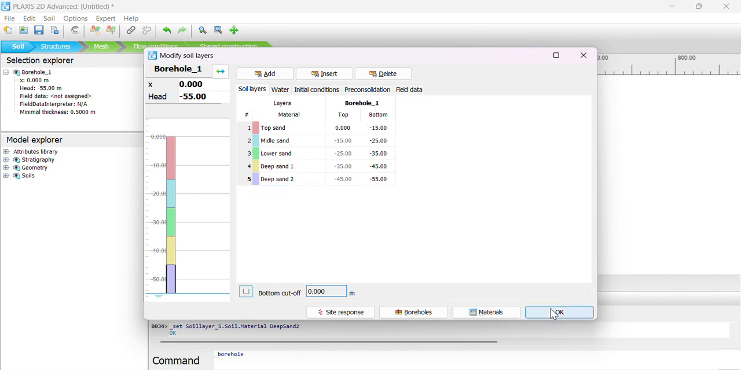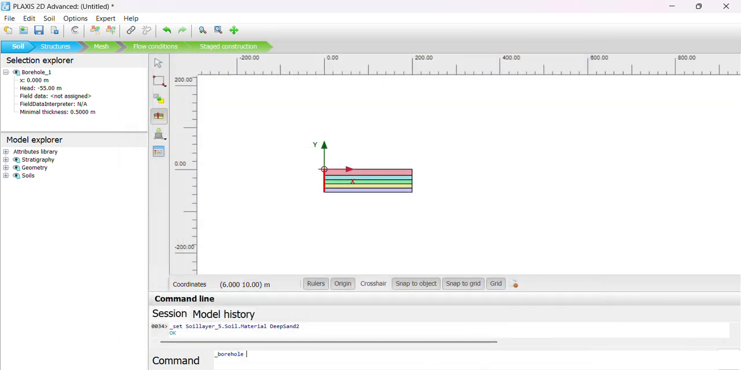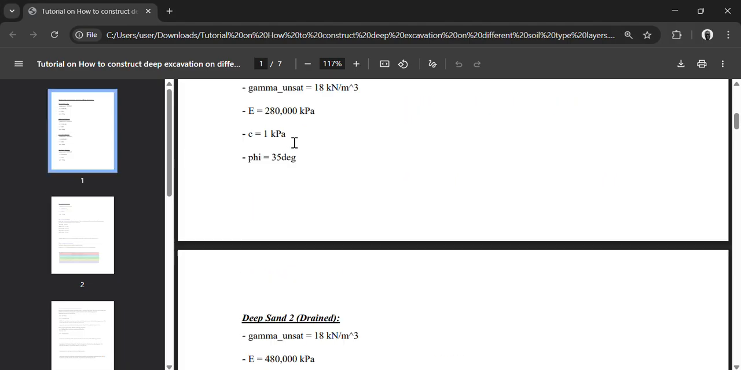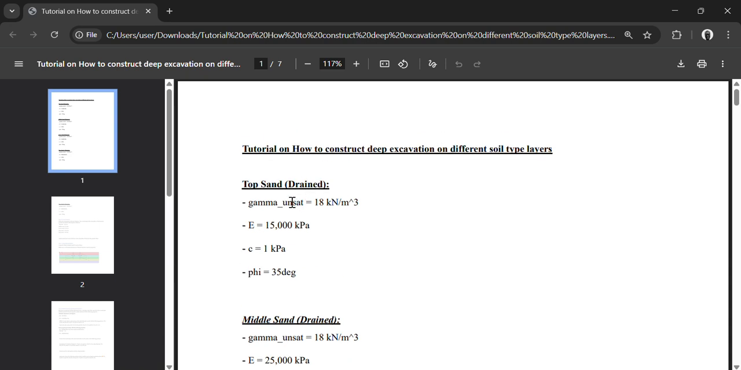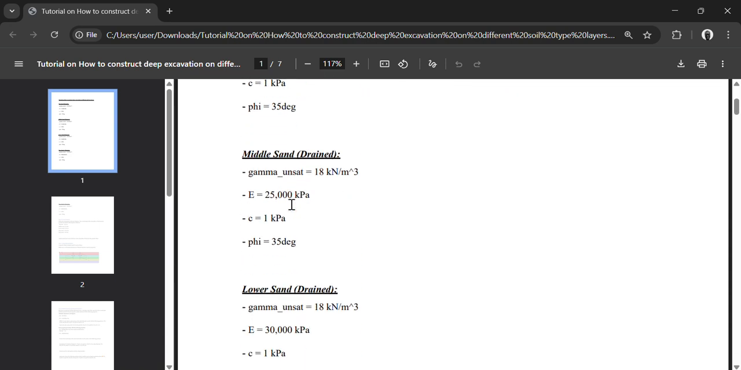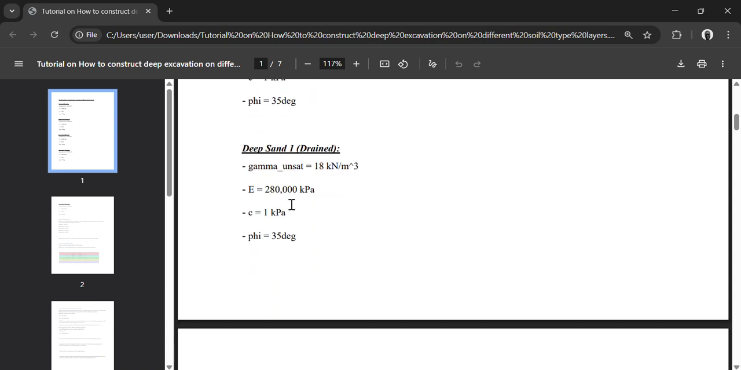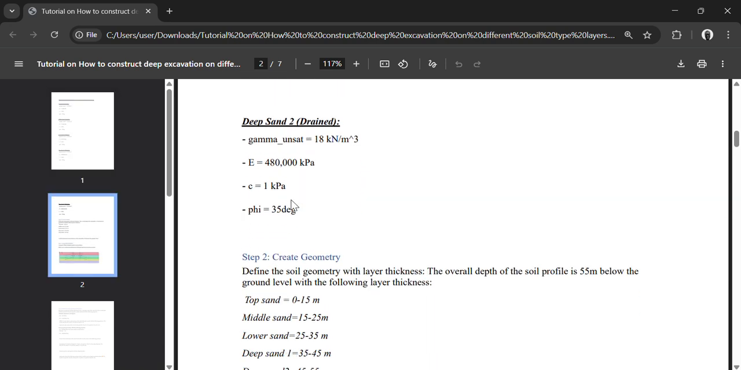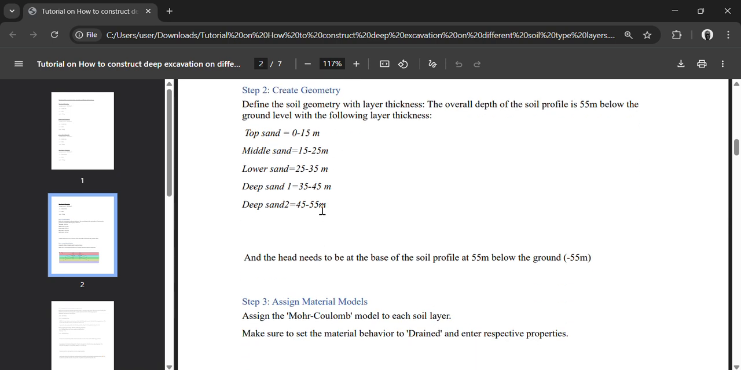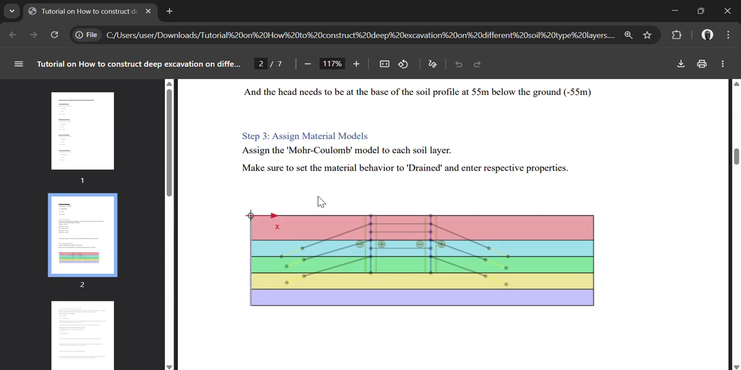This soil has these properties, as I have shown you. The top sand has these properties, and likewise the middle sand, lower sand, and deep sand. I have assigned these properties. And now what we are going to do,